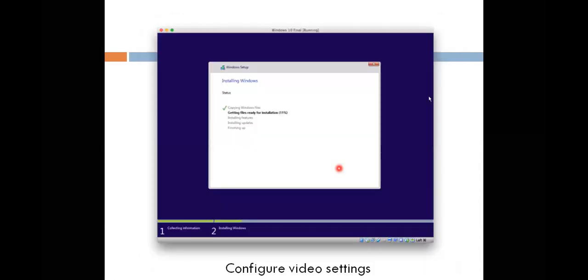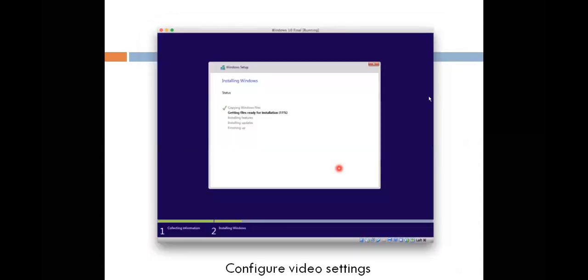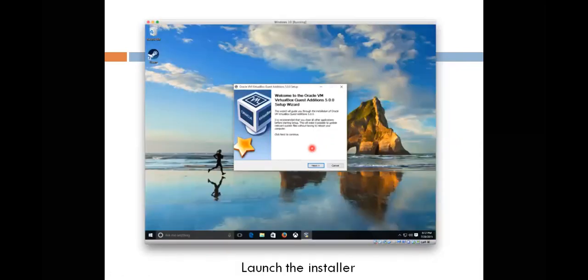After doing that, I have to click OK, and then when clicking OK, it collects all the information you have chosen, and next it is going to install Windows. It has copied the Windows files, and next the installation of the files that have been chosen, getting ready, the features, the updates, and then it is done here. After that, installation is done.